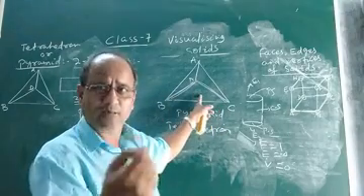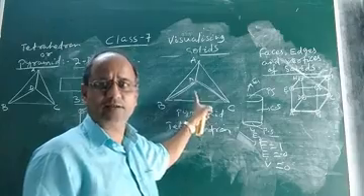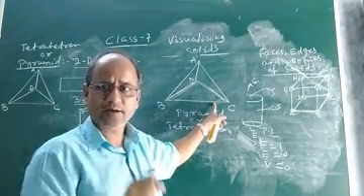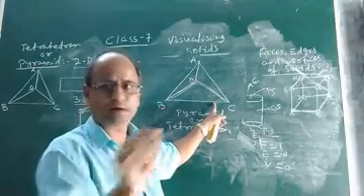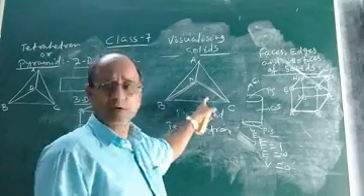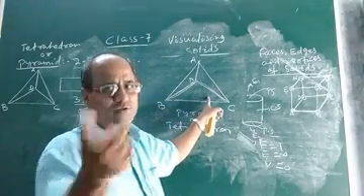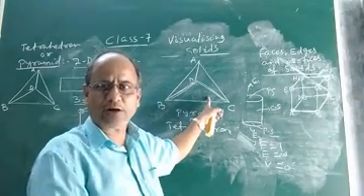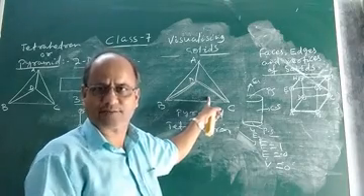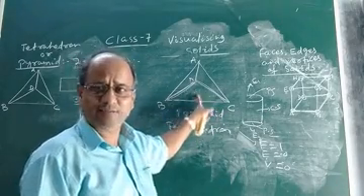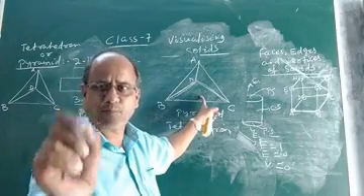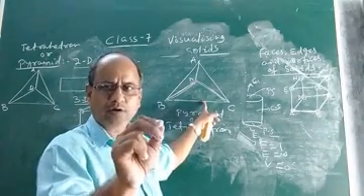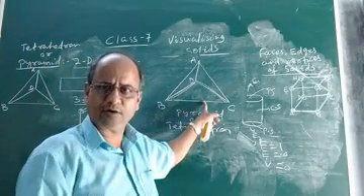That means what I want to say, children, is that in this solid the base should be a polygon, not a circle. A circle is not a polygon, because it is not bounded by line segments. So we cannot say a circle is a polygon. Even though it is a plane curve, it cannot be a polygon because it is not bounded by line segments. Okay, so in this solid the base is a triangle, it is a polygon. It is not necessary that the base will be a triangle. It can be any polygon like quadrilateral, pentagon, hexagon, heptagon, etc.